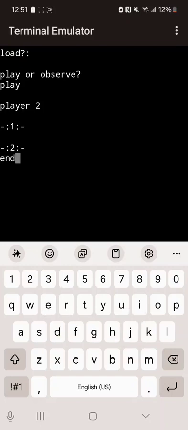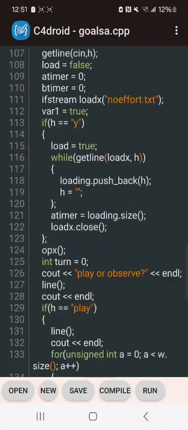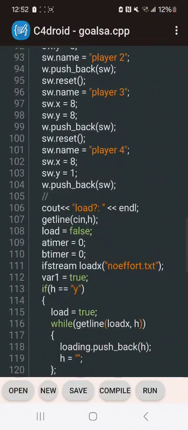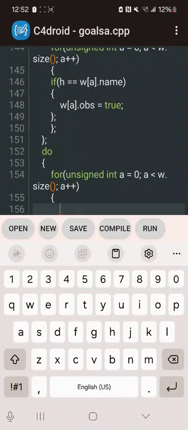I think that theoretically works. If you name the player that you want to play, then it would have flipped it to that you're playing that character. And if it flipped it to playing the character, then you could go into the game loop and be like,